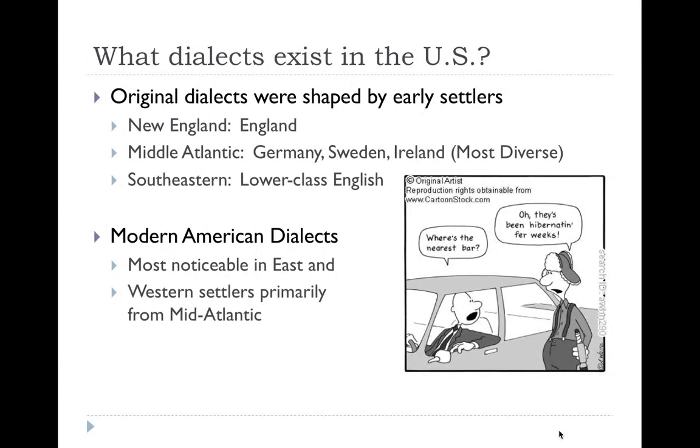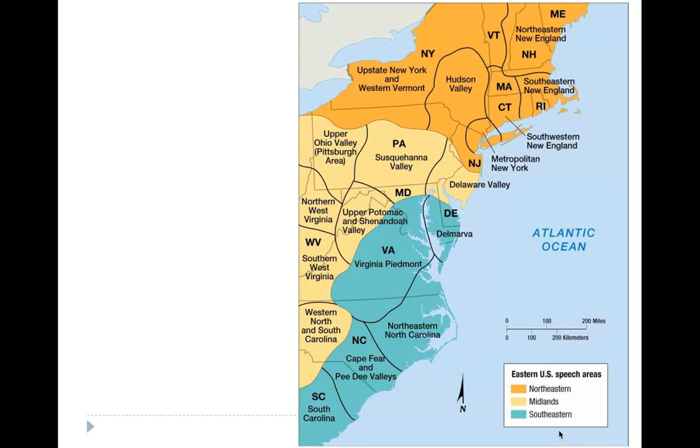And so when we take a look at the modern American dialects, it's most noticeable in the East. We also see it's pretty prevalent and noticeable with Western settlers as well, coming from the Mid-Atlantic. And we'll take a look at that here in just a second. Okay. But obviously, a lot of different languages, or dialects, I should say, of the English language come from these different regions of the U.S. And so here's kind of our example here. You can see where the southeastern variation of dialect comes from versus the Midlands versus the northeastern. And we can kind of extrapolate that and spread that all the way across the country, where that's where the dialects tend to come from, is from that East Coast right there.